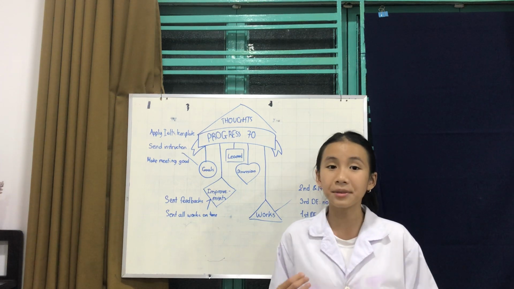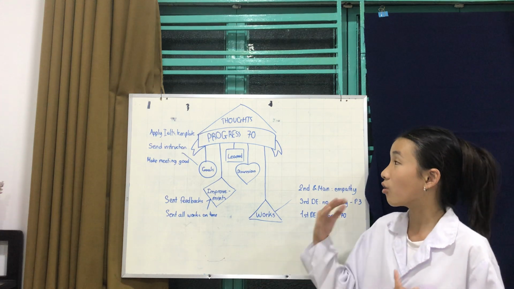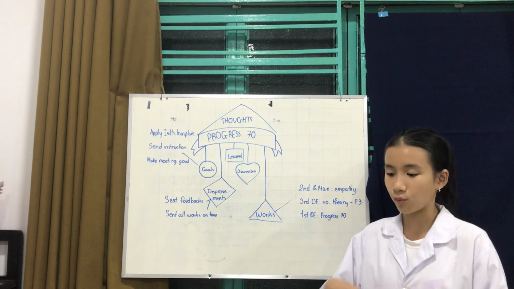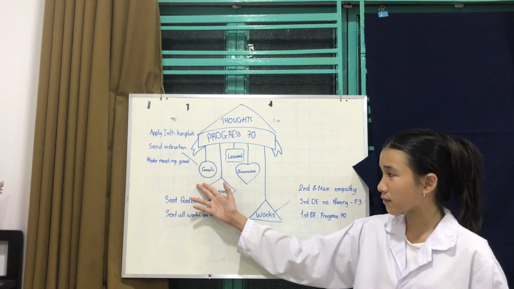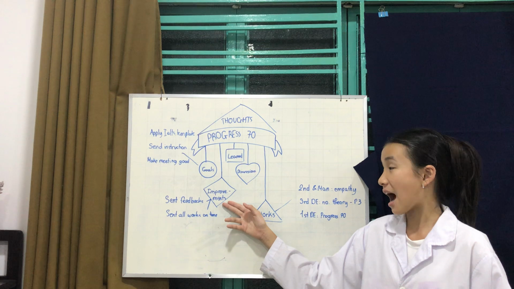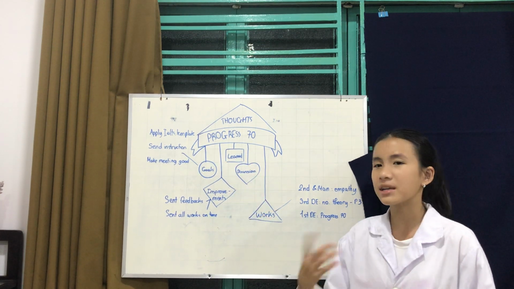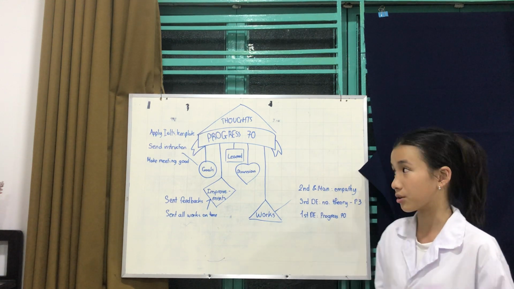In this video, I'm going to be talking about my thoughts on the progress over week 69 and what's next for me to do on week 70. I'm going to talk about the goals I've set for myself, the improvements that I have made, what I have learned, the discussion, and the words for next week. So basically, I'm going to cover what I have done and what is next for me to do.